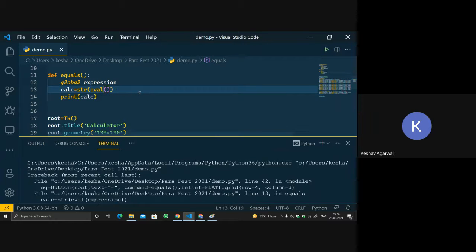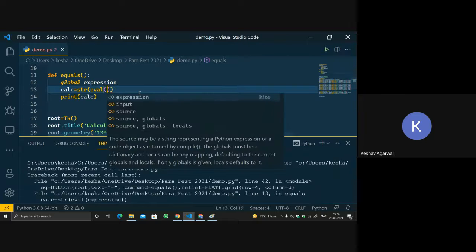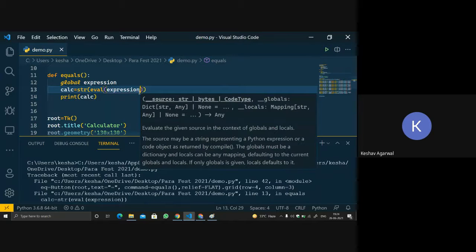Eval takes, right? Source, bytes, code types, globals, dictionaries. Evaluate the given source in the context of globals and locals. The source may be a string representing a Python expression or a code object as returned by compile.